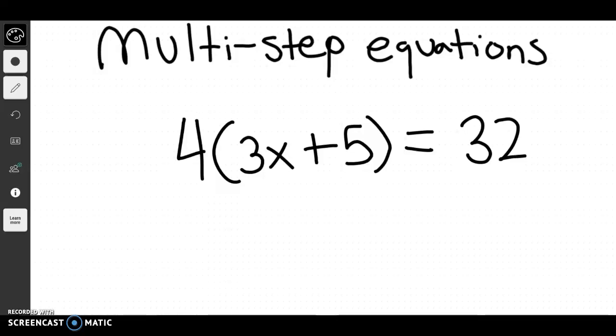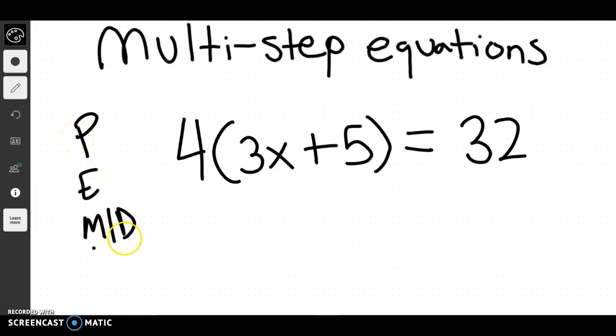Today we're going to look at multi-step equations, and I don't think multi-step equations are any harder than two-step equations, mainly because if you remember from two-step equations we used reverse PEMDAS, and if you keep that in your mind, it makes every single equation the same kind of thing to solve. So again, we're going to use reverse PEMDAS,